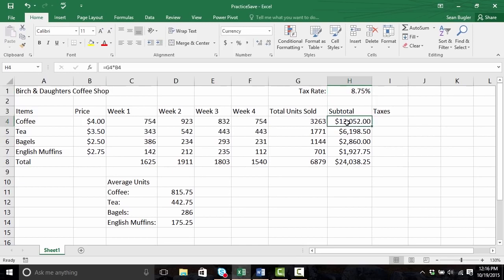So in this case of coffee, $13,052 multiplied by 8.75% to get the total amount of taxes I need to pull out. So let's go ahead and do that. Once again, to start any function or formula, I'm going to need to kick it off with an equal sign. And I'm going to go ahead and select cell H4 and multiply it by 8.75%. Enter to lock it in, and I can see that the total amount of taxes I need to set aside is